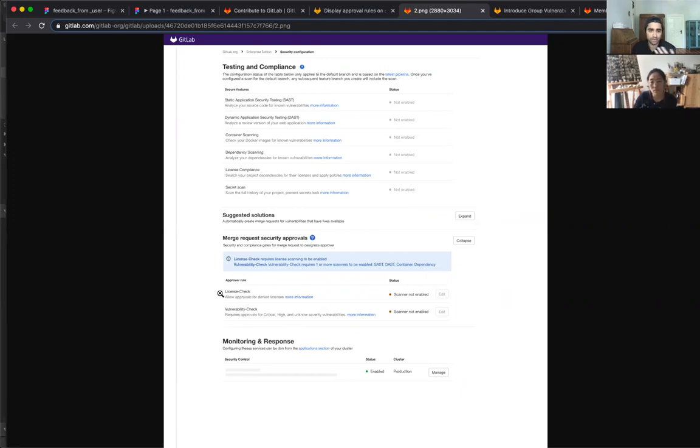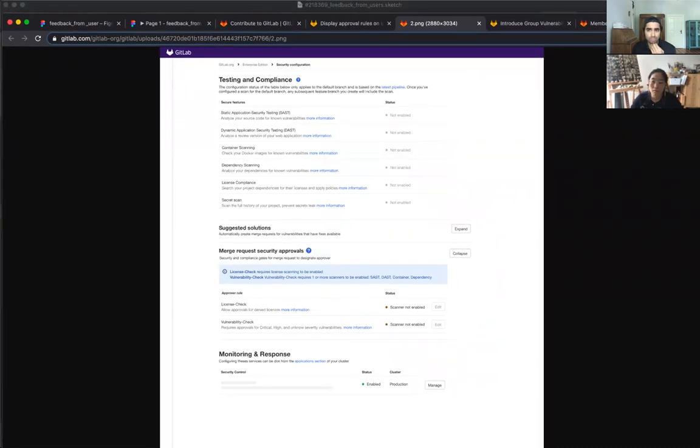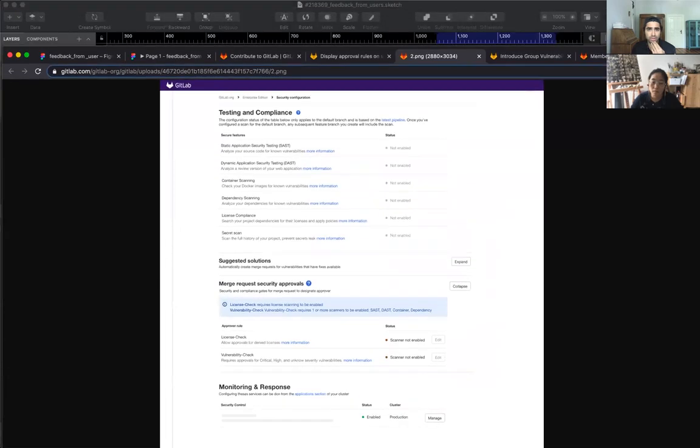For example, SAST needs to be turned on for the vulnerability check to really matter. So having it all on the same page helps with that prerequisite, and even for the person accountable for the settings, it's helpful